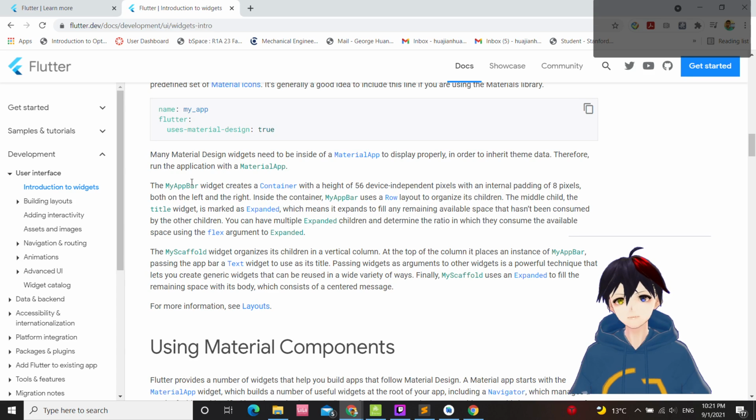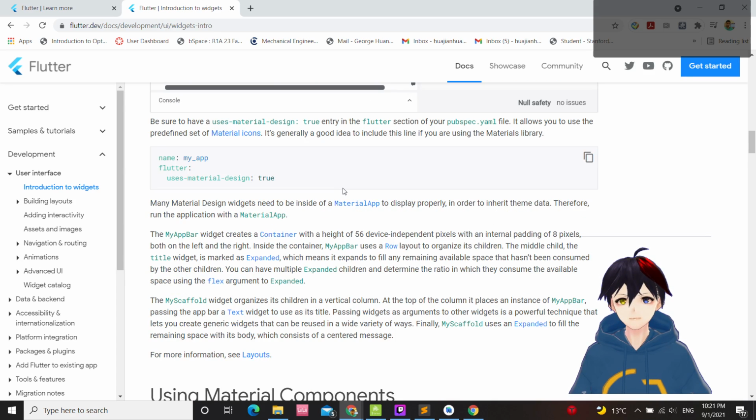My app bar widget creates a container. It's 50 device independent pixels.